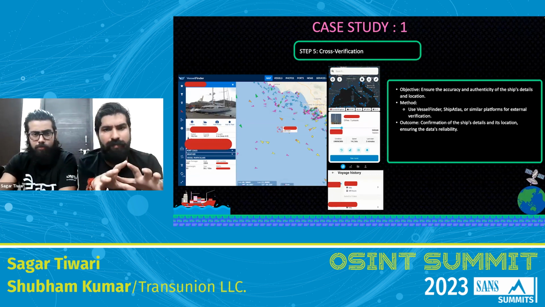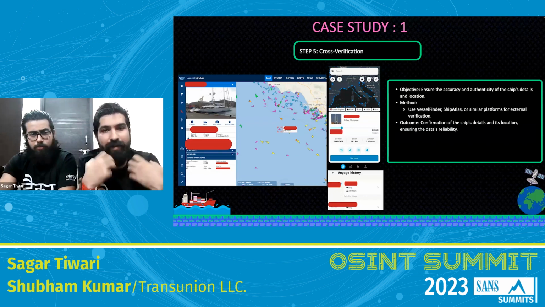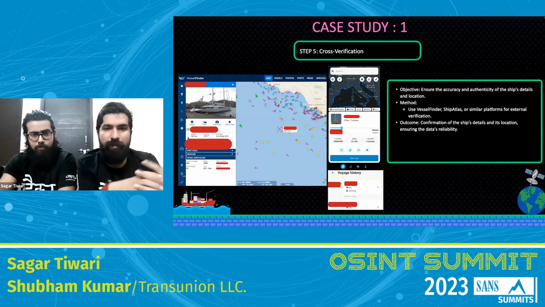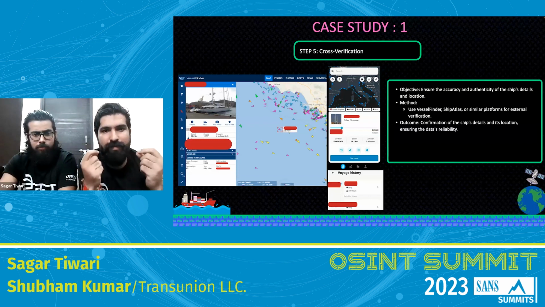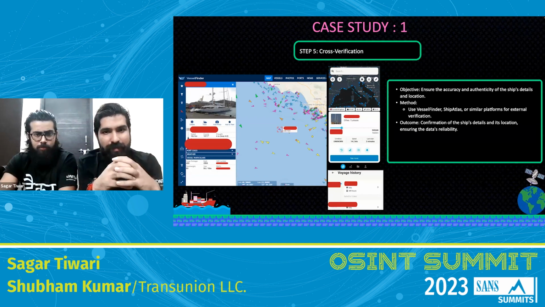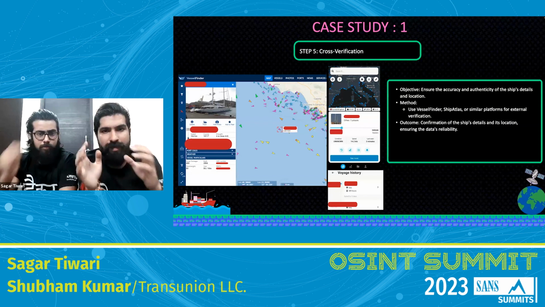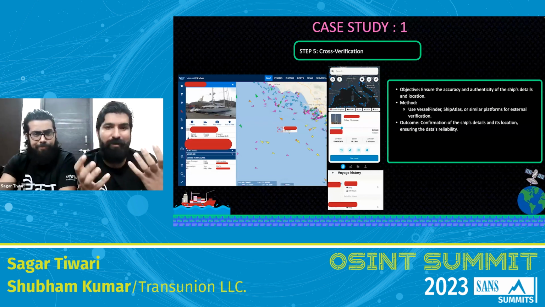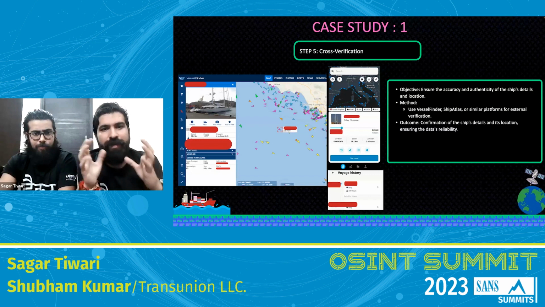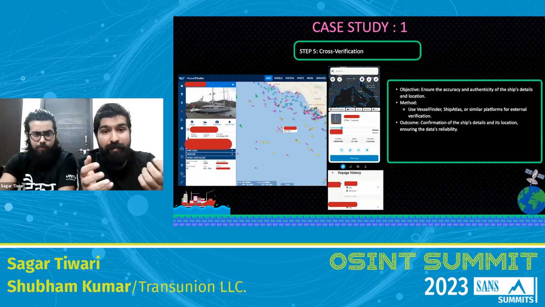Cross verification comes to the phase where we are going to validate the information that we have collected from the previous step. Now, why are we putting it down? Because we want to showcase that VSAT collected information can also be utilized in order to find the position of a ship or locating it. Now, we are turning to other data providing platforms, such as the ones which are utilizing AIS-based technology, as we all know here. So we turn to different platforms like MarineTraffic or VesselFinder or ShipAtlas in particular that we are utilizing right now.